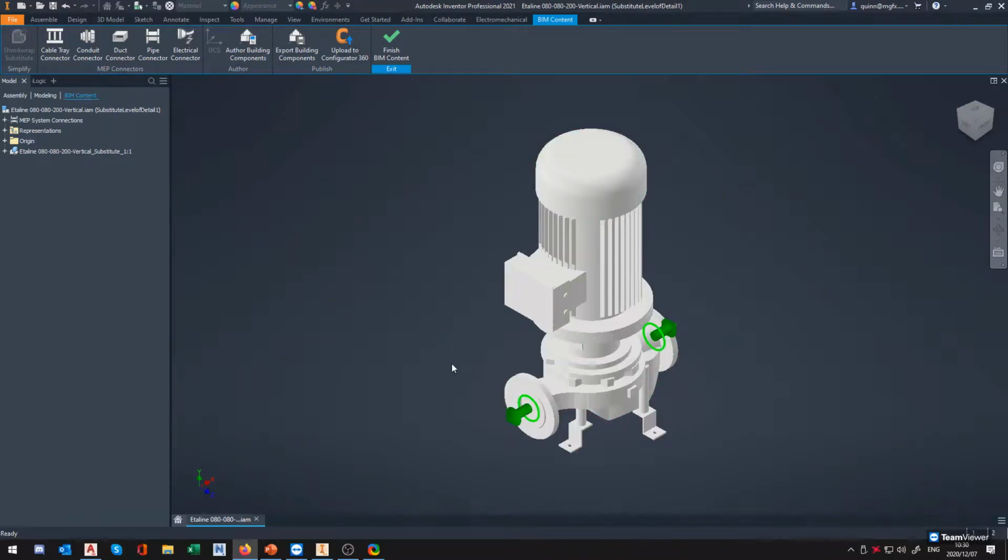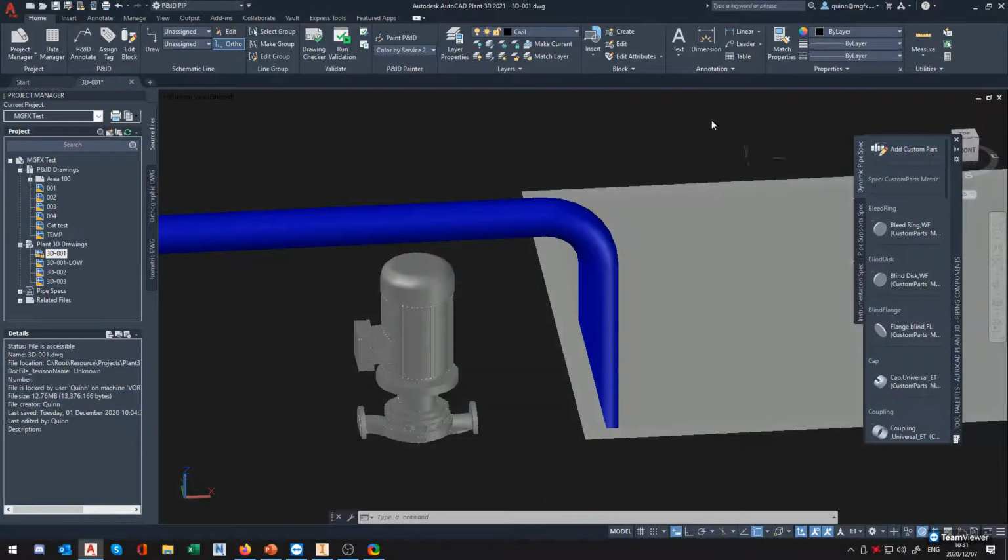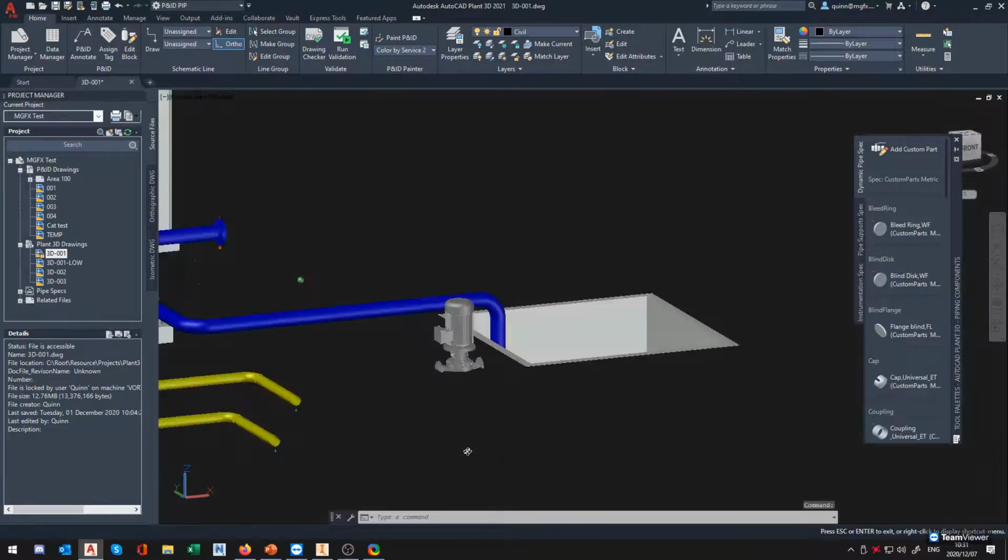Okay. Now it's exported. Now comes the fun part. We're going to jump into Plant now, and we're going to see it on the Plant side. And you'll see it's actually very straightforward and simple. Jumping into my Plant area, you can see there's my original pump. Now what I'm going to do,